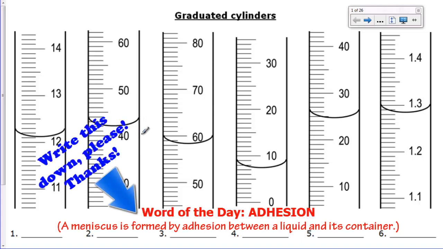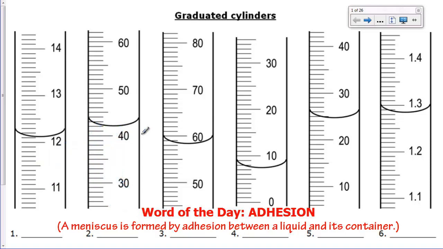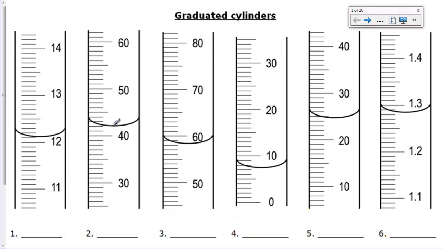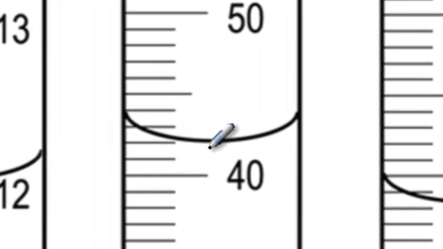The water molecules like to stick to the glass, and so they almost sort of crawl up the sides. We'll talk more about that when we get to bonding and intermolecular forces and something called cohesion and adhesion. It also explains why water droplets are round, or why raindrops are round, and other things too. But for now, let's just take a look at this little curve, or meniscus, that the water's forming right in